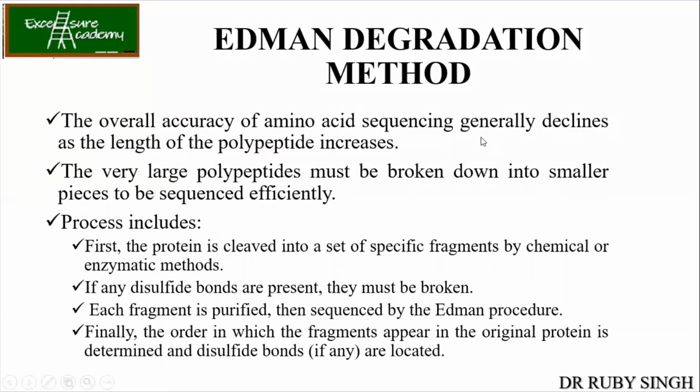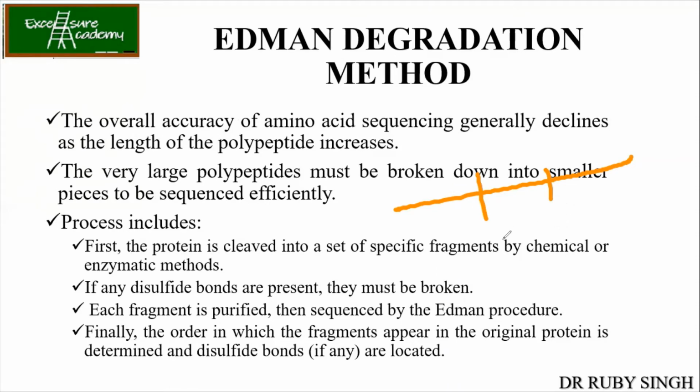Okay. Now, the overall accuracy of amino acid sequence declines as the length of the polypeptide chain increases. Now, this is a problem. So, if you have got a very heavy molecule of protein, then opening of the heavy molecule of protein will increase the polypeptide chain length, right? So then it becomes difficult to carry out the sequencing. So what people do usually is they break the larger polypeptide sequence into the smaller fragments, and then again, what will happen? Let us say that I have got such a big polypeptide chain and I made it into two